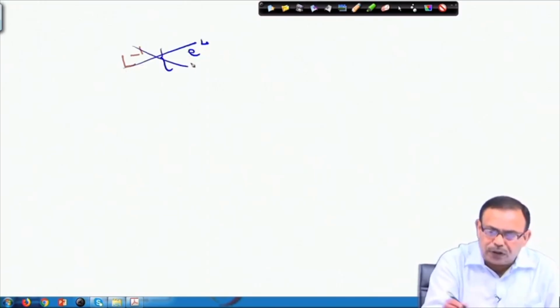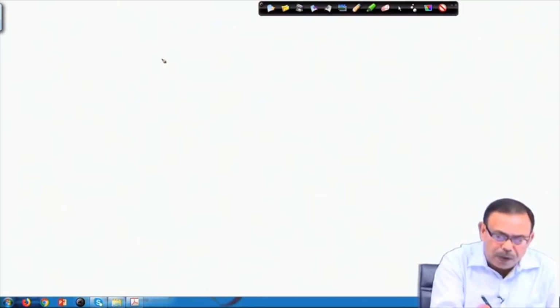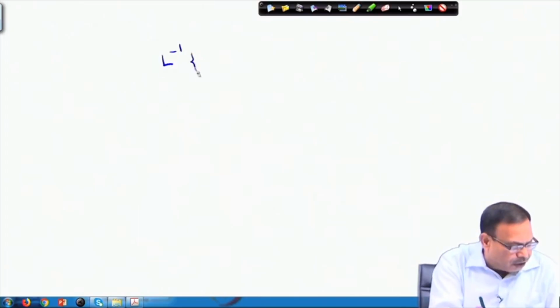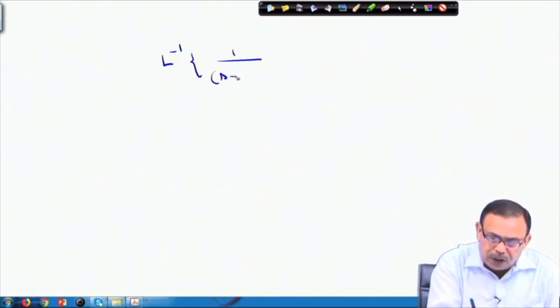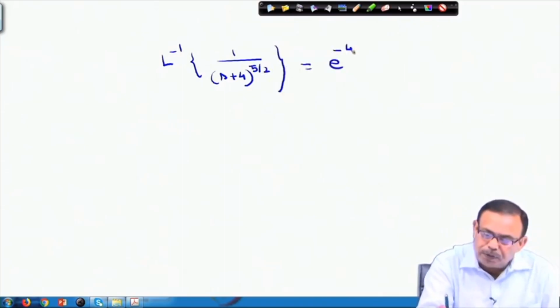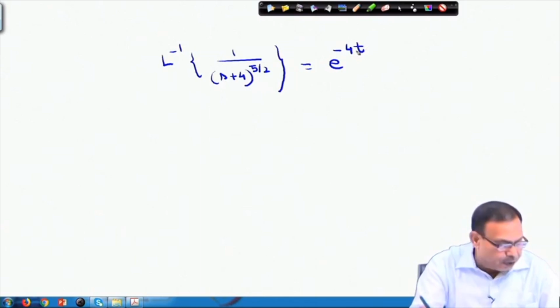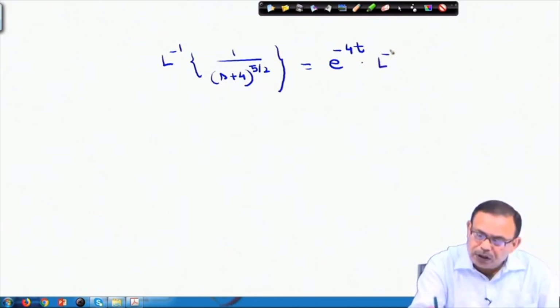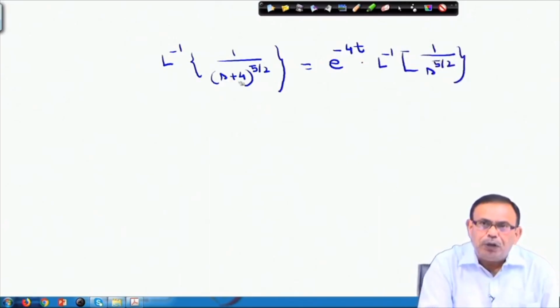Let us start from scratch here. Laplace inverse of 1 by s plus 4 to the power 5 by 2. This equals, I can write down, s plus 4 is there. So, e power minus 4t into Laplace inverse of simply s plus 4 will be replaced by s, and s to the power 5 by 2. Using that property, this equals e power minus 4t will come here,